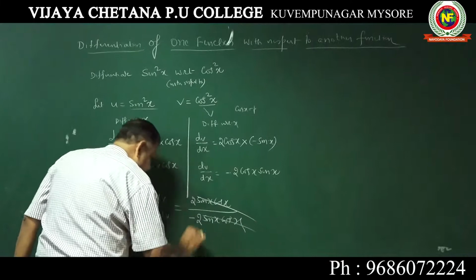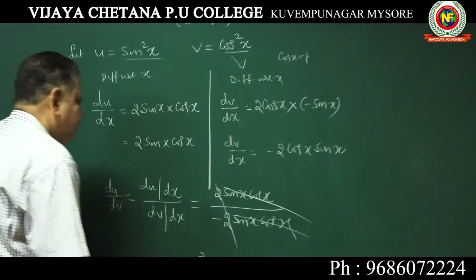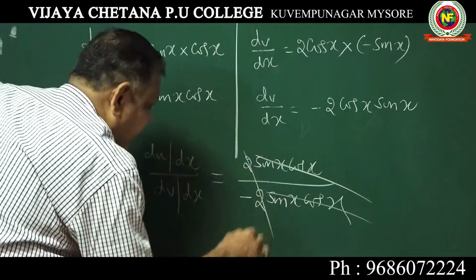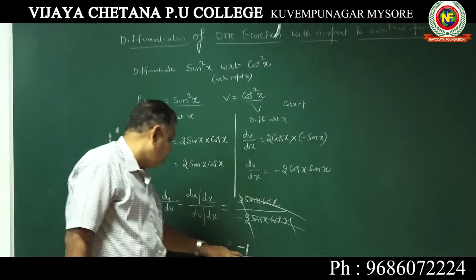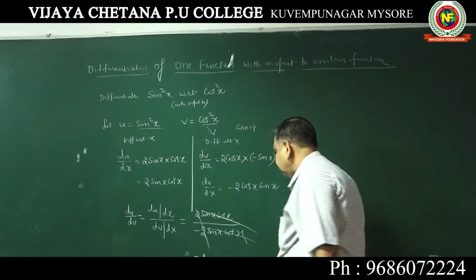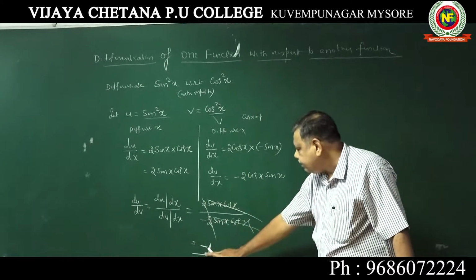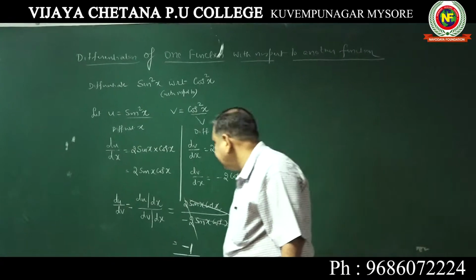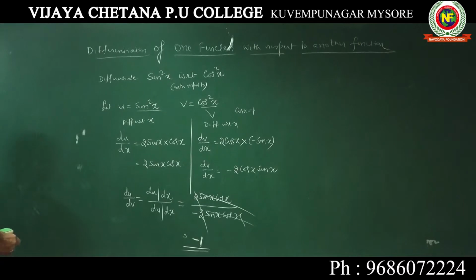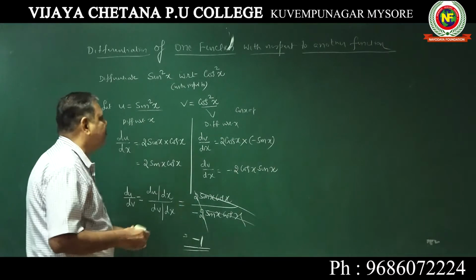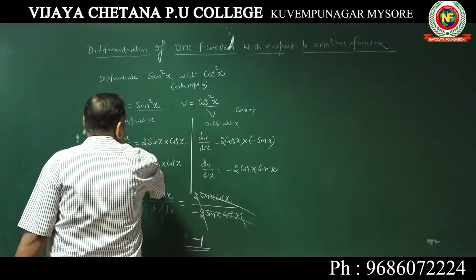Sin x cos x cancel, 2 cancel. Don't put 0. Many students put 0. You should write minus 2 one side goes. The answer is very important. It is minus 1. It is not 0, because some students say I'll cancel all the things, keep it 0. Not like that. To one side it is minus 1, that is the answer. Understood? A very important problem. They will give you differentiation of one function with respect to another function. Okay, we will take up the next one. Shall I rub this?